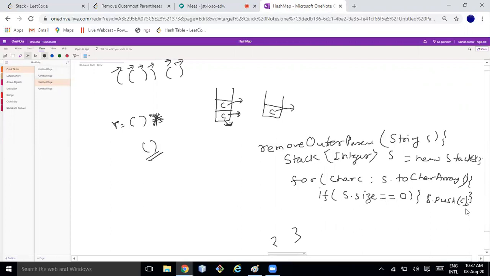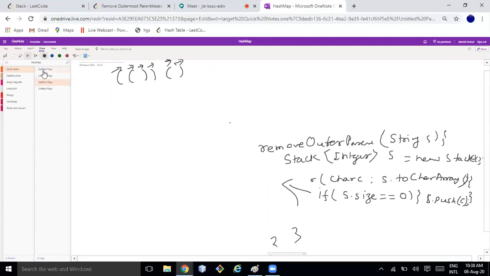Okay, so here two things come. Before that, I would prefer to write something like this. Let me clear this one. Here I'm just extrapolating this if else block. This c will be either an opening bracket or a closing bracket, right?